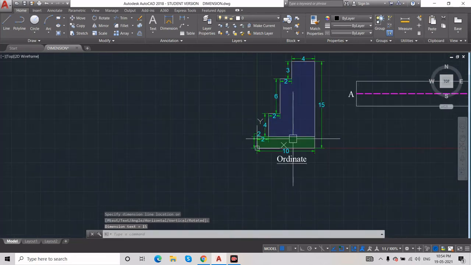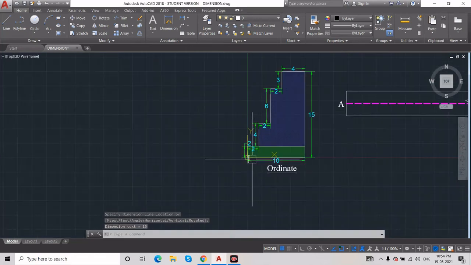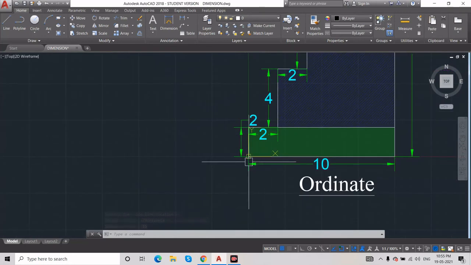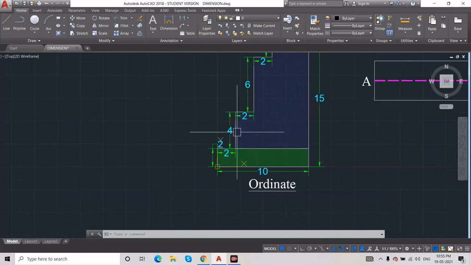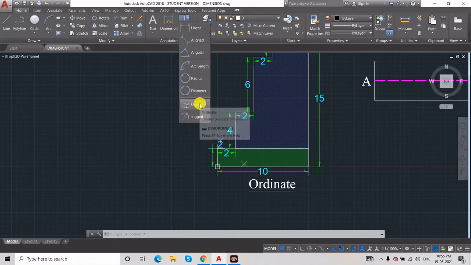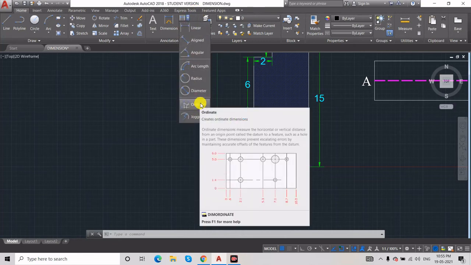So in ordinate, what actually it means, if it is 0 0, here this point will be 2 meters, means 0 2 will come. So we'll see one by one. For ordinate, this one, the dimension ordinate command, we have no shortcut for that.